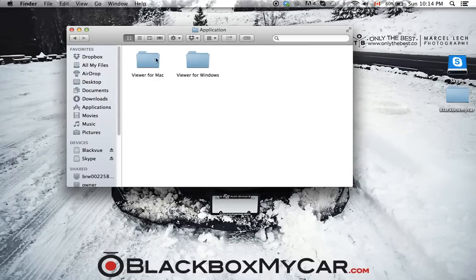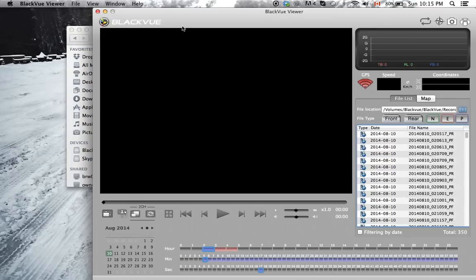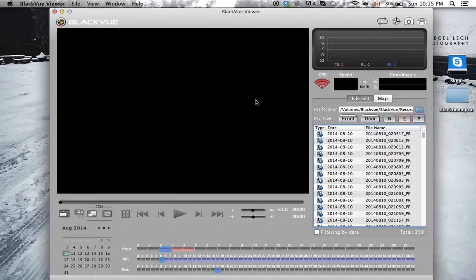So as you can see, there are two different viewers. For me, I'm using a Mac, so you can go into the Mac viewer. Okay, so one by one, let's go from top to bottom. This is one of the most important buttons that you have to remember. If you're using a Wi-Fi BlackVue device, if you forget your SSID, or if you forget your password for your BlackVue, the default password is BlackVue, however, if you change your SSID and password,